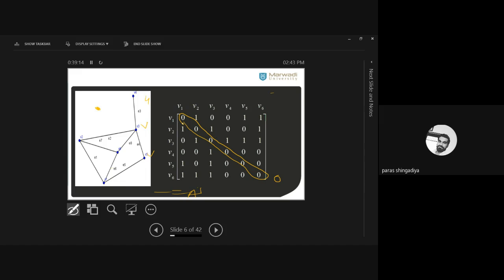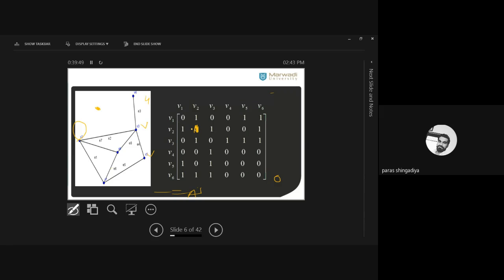Clear? Now if we include any loop, then this answer will be mismatched. So therefore we use the condition that there is no self loop. If you consider a loop at V2, यहाँ पे एक loop है, and here I modified this matrix. So V2 to V2 will be 1, and the rest of the part will be 0 as it is. So now what is the degree of V2 from the graph? It is 5. And what is the degree from the second row, the number of ones in the second row? That is 4 times. Clear? So therefore it is mismatched.